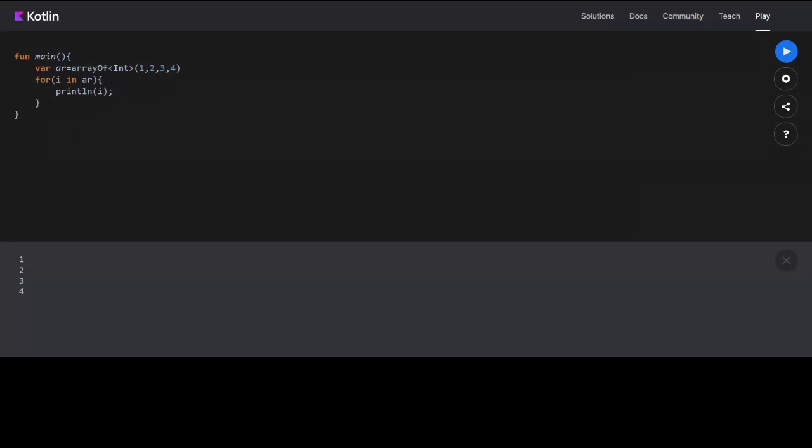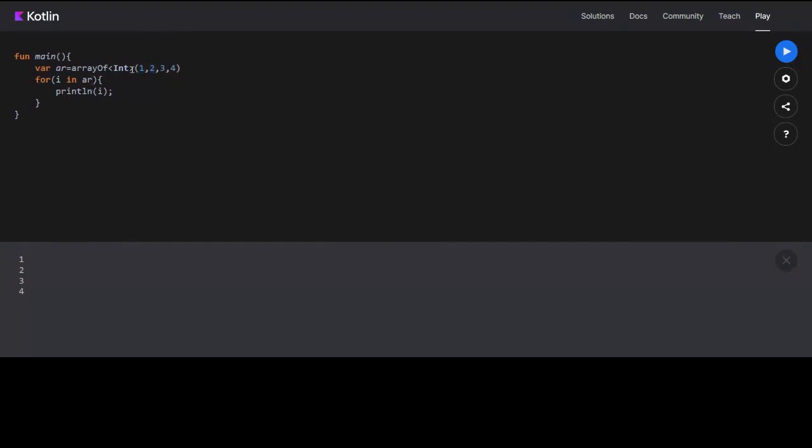Is in in the for loop an increment? No, in is just to see if I is there in that array. Some of it is similar to C++. Like this for loop is similar in Python. You can do the same thing in Python also. Are we printing AR of I instead of AR? No, the value of I will be AR of I here.